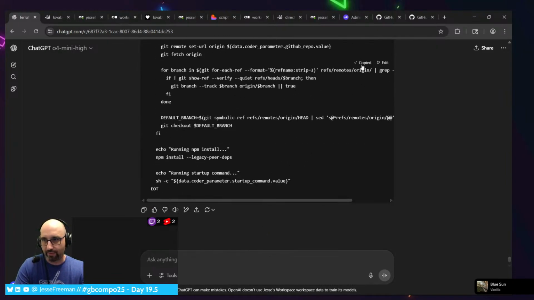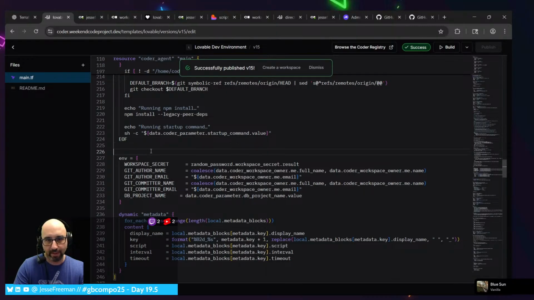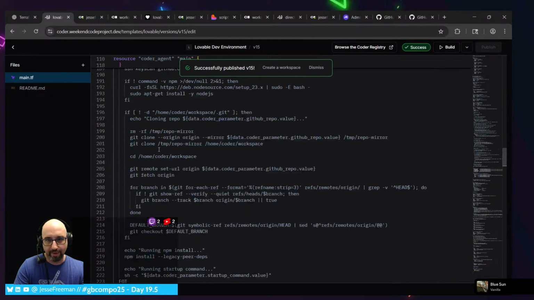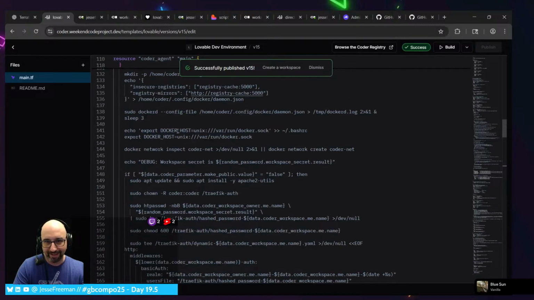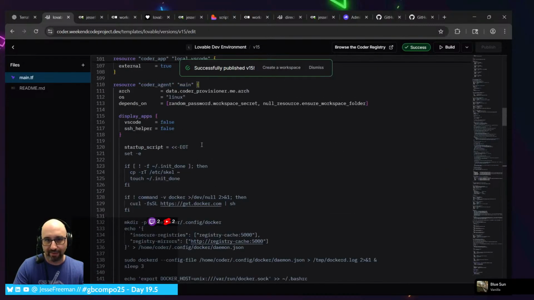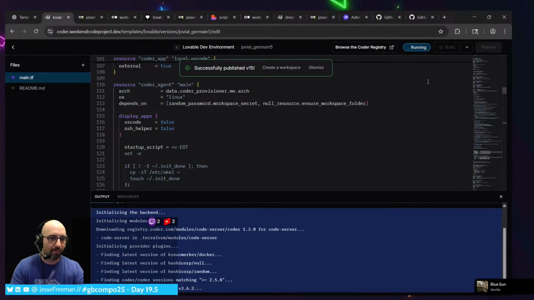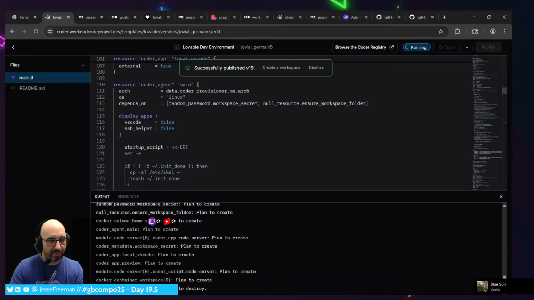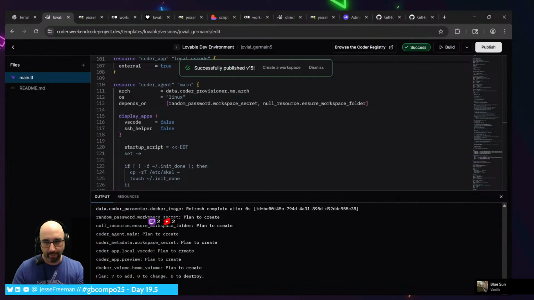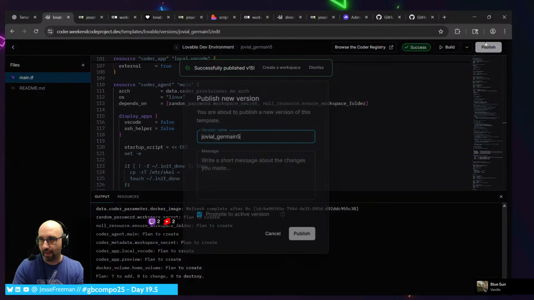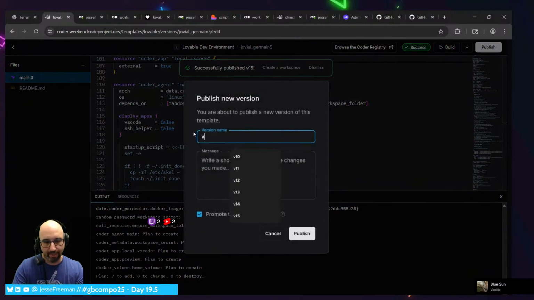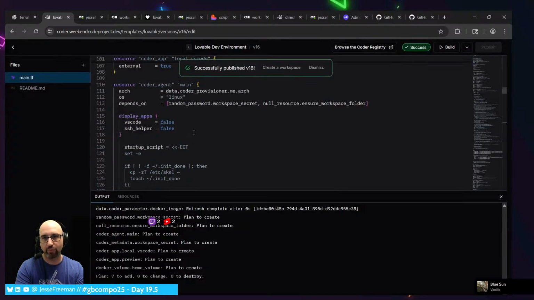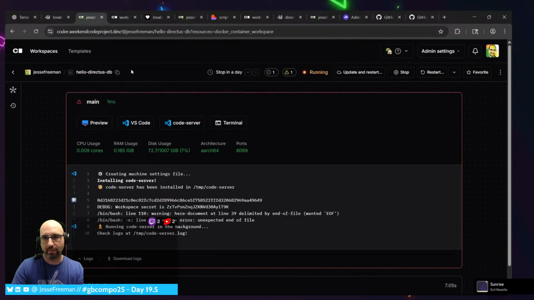Although I think I've created such a mess for myself at the moment that it would be very difficult for me to figure out all of these moving pieces. I think this is the bigger problem with using these AI tools: now I've gone down a rabbit hole I never would have gone down, and I'm so deep in it that I'm now dependent on the tool to get me out of this mess. All right, that worked.